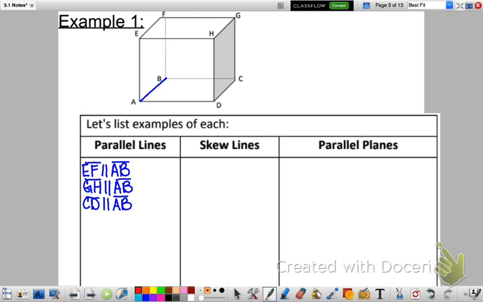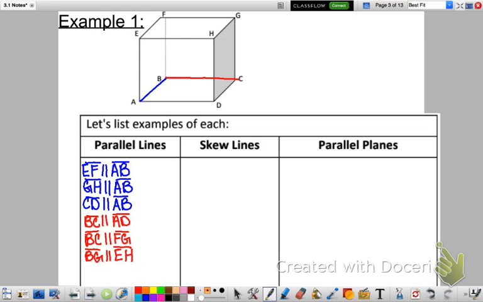This time, let's look at BC. BC would be parallel with AD. BC would also be parallel with FG. And lastly, BC would be parallel with EH. We could keep going and come up with several more sets of parallel lines, but let's move on to skew